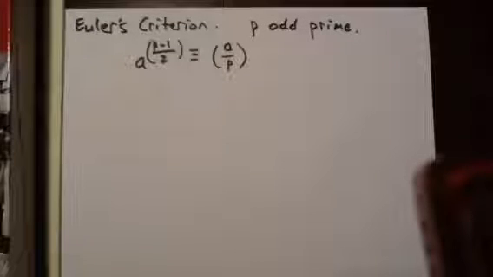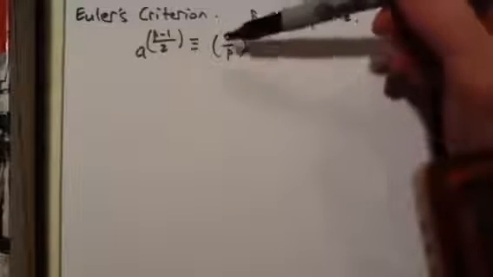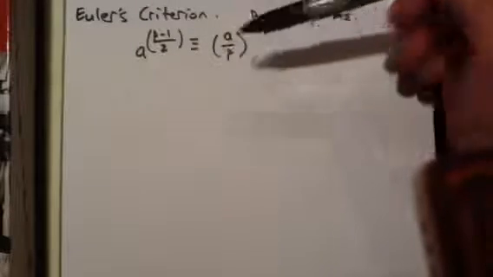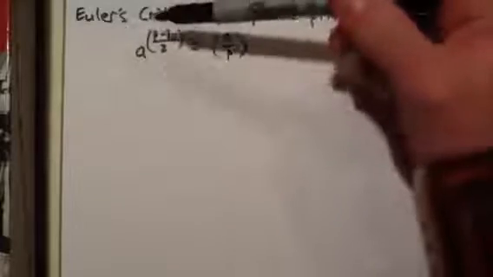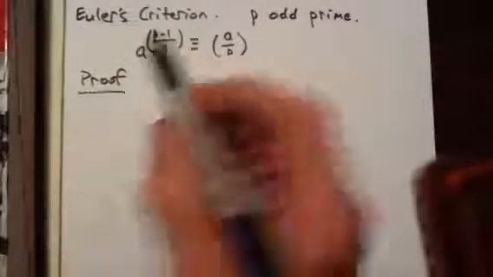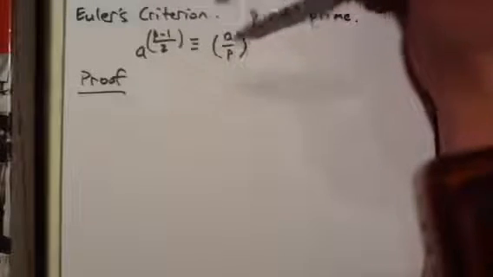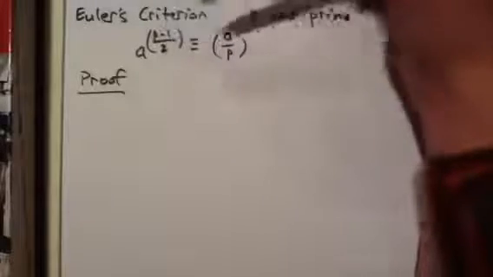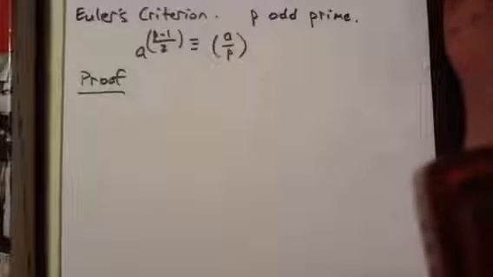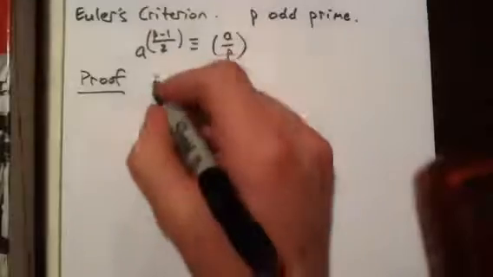Let's prove Euler's criterion, which says that the Legendre symbol of a over p is congruent to a to the power of p minus 1 over 2. Basically what this says is if a to the p minus 1 over 2 is 1, then a is a quadratic residue mod p, and if a to the p minus 1 over 2 is negative 1, a is a non-residue mod p. So first, let's assume